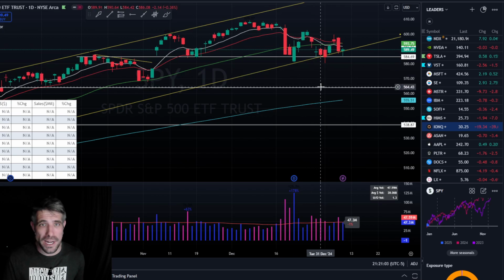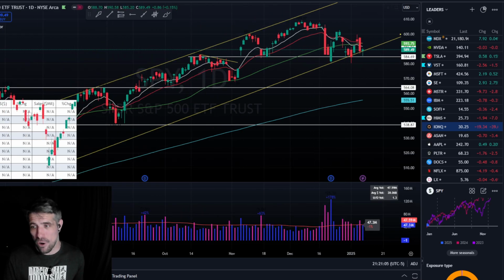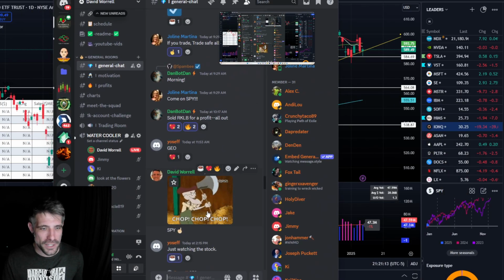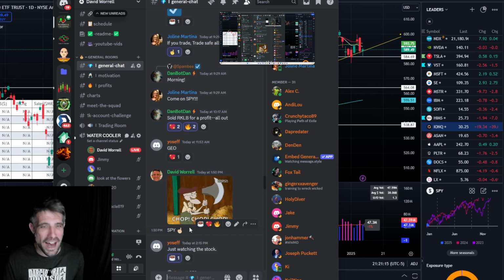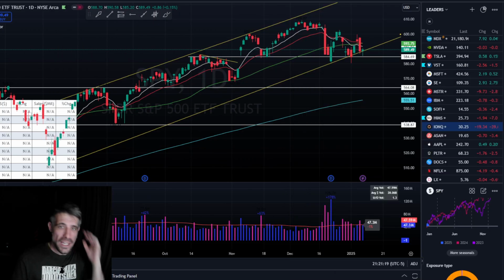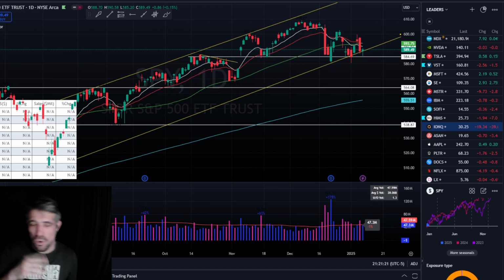You can see it right here. I put a little meme out earlier today about it being choppy. It's just chopping around. I'll just show you on the screen here. We posted this right here, chop, chop, chop. That's the SPY. It's just chopping around. It's not something you want to be a part of if you are a trader who does well in a